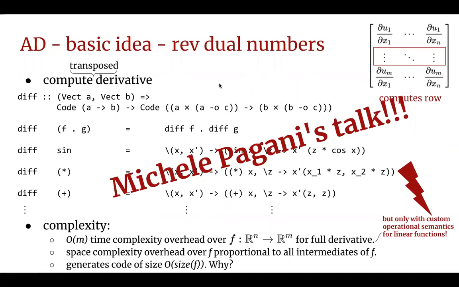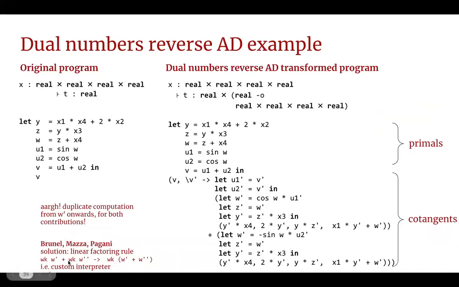Okay, so again, the structure of this algorithm is super simple. The derivative of f composed with g is the derivative of f composed with the derivative of g. And this is what Michele stressed yesterday, right? This version of reverse AD is incredibly simple. But there is a bit of a problem that also came up yesterday in the talk, and that is that you need this linear factoring rule to make it efficient, right? You need some custom semantics for linear functions where we somehow push addition into the application of linear functions. And that means that the code that this algorithm generates doesn't have the right complexity if we use a standard compiler